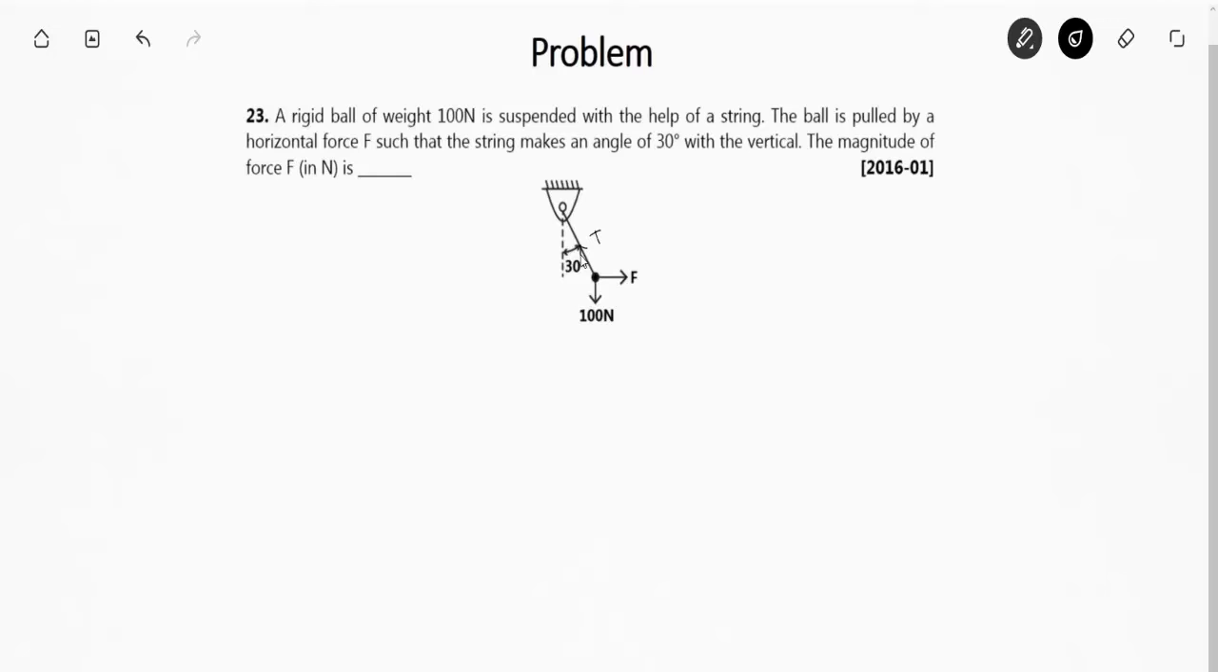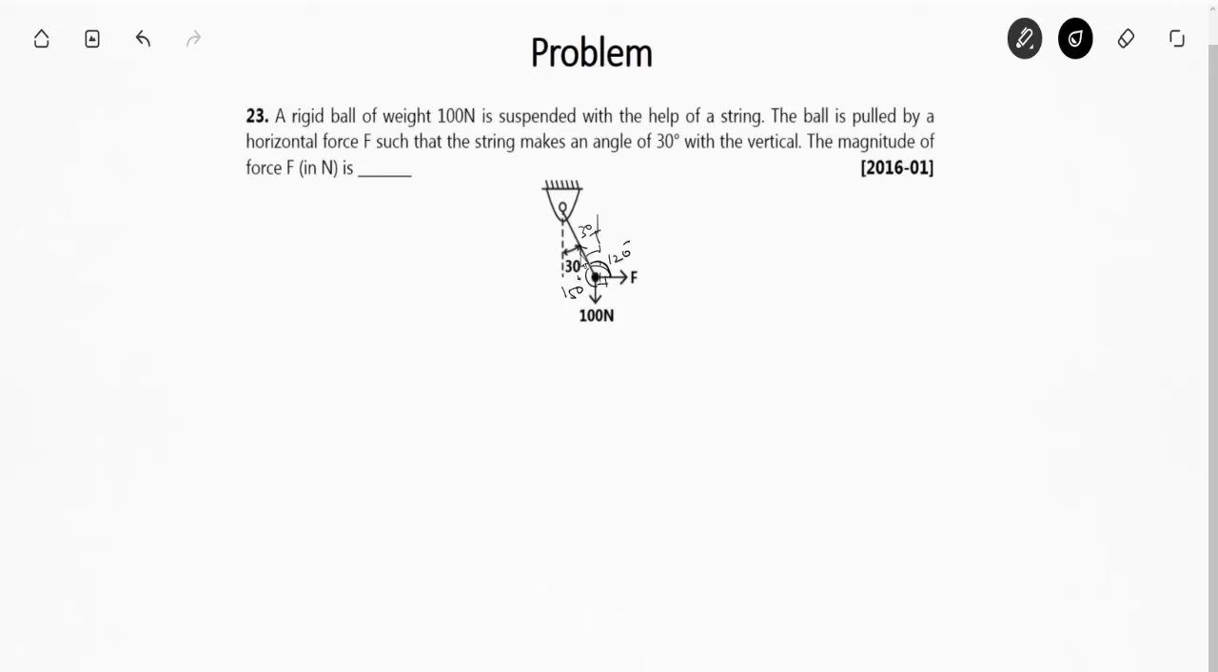So friends, again we can solve it using sine rule. Let the tension be T. This is 90 degree. This is 30. So this is basically 120 degree. How can I say 120 degree? This is 30, so this is also 30, and 30 plus 90 is 120 degree. So this is 120 degree, and if you see, this is 90, this is 120, this is